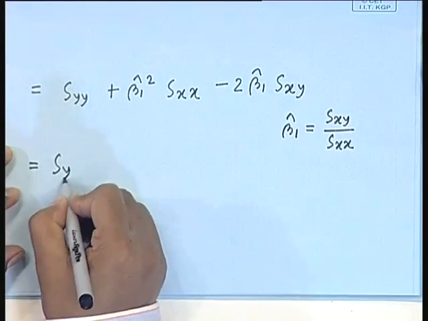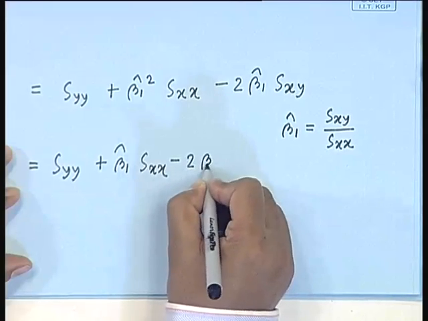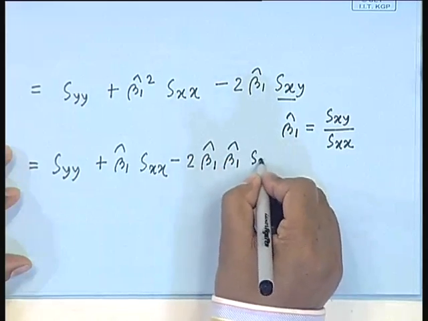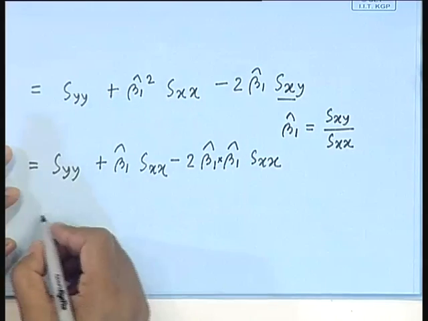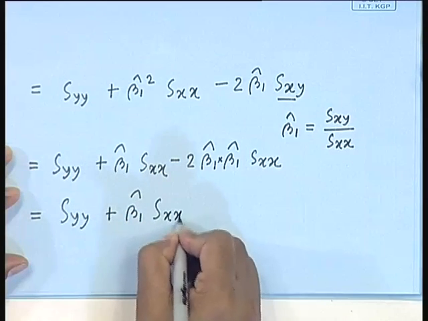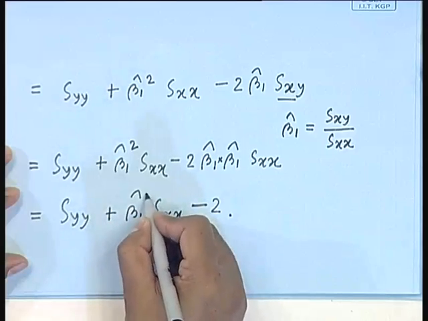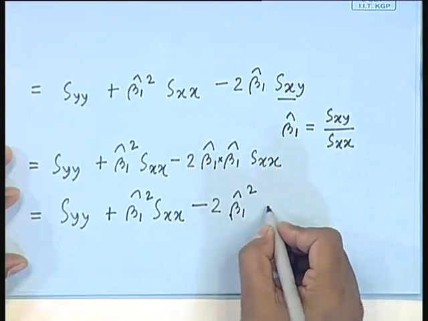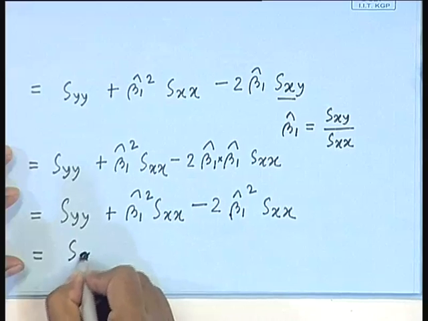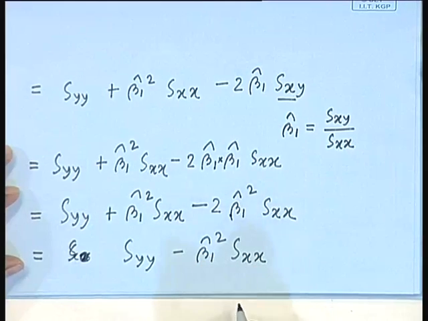So, this is equal to SYY plus beta 1 hat square SXX minus twice beta 1 hat, and replacing SXY by beta 1 hat SXX, this becomes SYY plus beta 1 hat square SXX minus 2 times beta 1 hat square SXX, which is equal to SYY minus beta 1 hat square SXX. So, this is the convenient form of